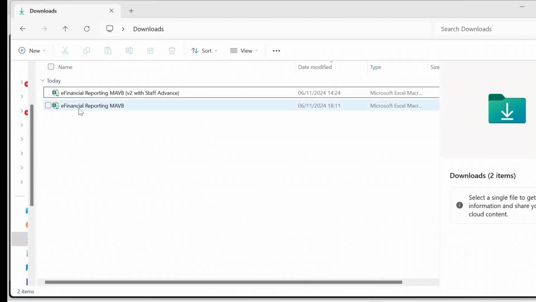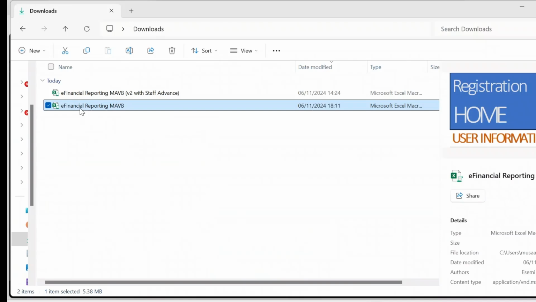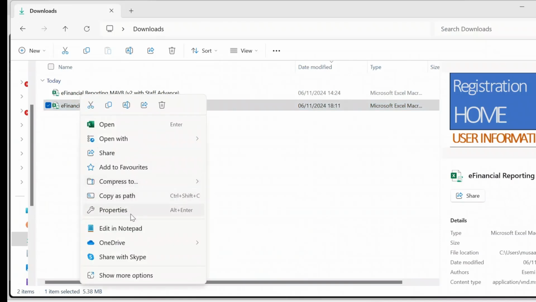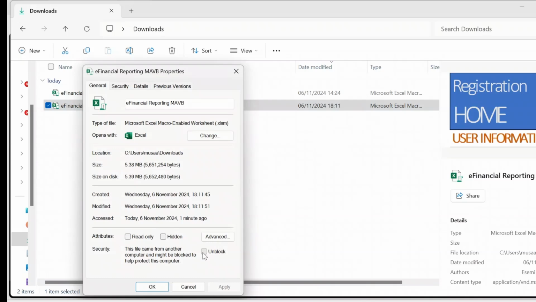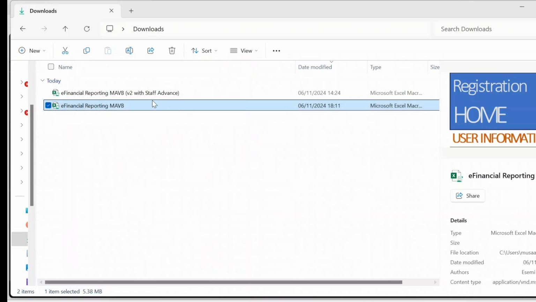This is the one. So you right click it and go to properties, and then you enable it, unblock it, and say apply, and say OK. After unblocking, you will double click on it, and then you open it. It will now be the updated version